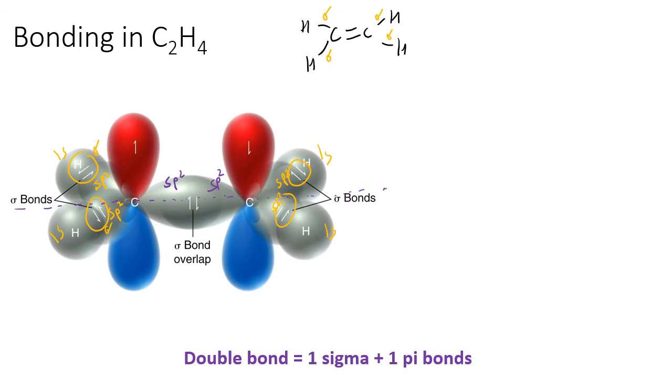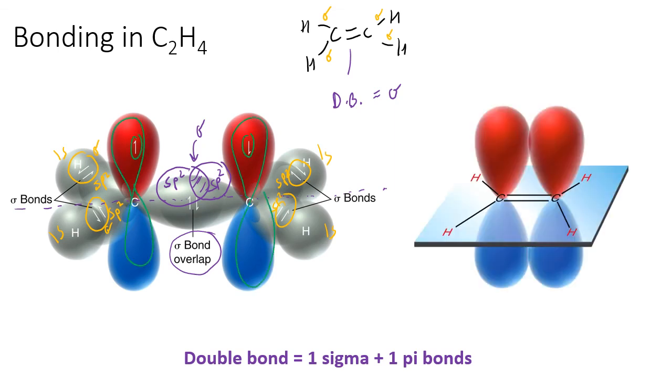And they're going to overlap directly. So they overlap right along that internuclear axis. And so that also represents another sigma bond. So one part of a double bond is a sigma bond. We have that direct overlap that you see right along that axis in one location. But the other part of our double bond is what happens with those unhybridized p orbitals that have 1 electron